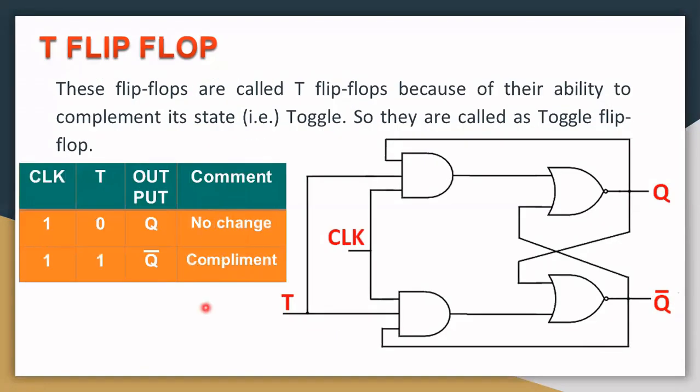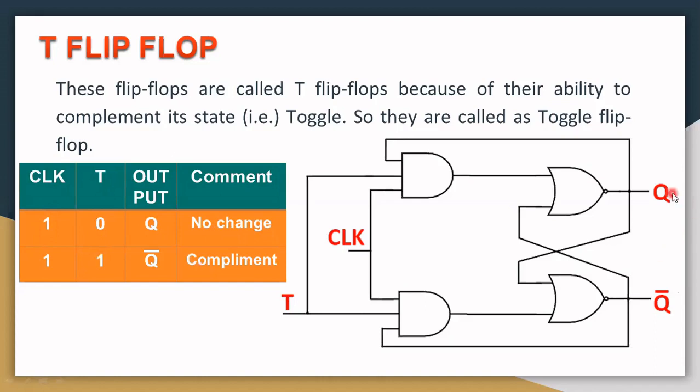So this is the logic diagram of T flip-flop in which we have only one input T, or in other words, J and K inputs clubbed together to form T, and we have a clock pulse. All other logic connections are same as that of JK flip-flop. You have feedback mechanism from Q and Q dash. Then the truth table. Clock should be high. When T is equal to 0, no change in the output. When T is equal to 1, we will get the complement of the previous output.